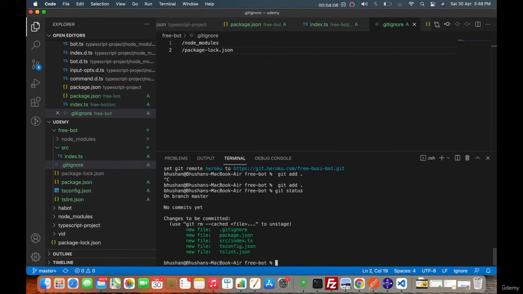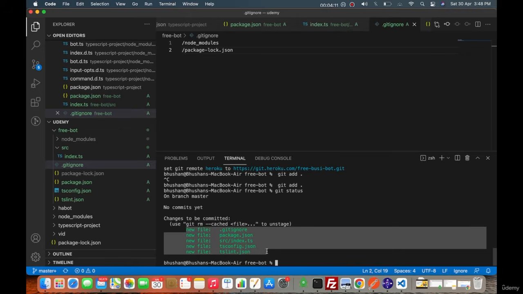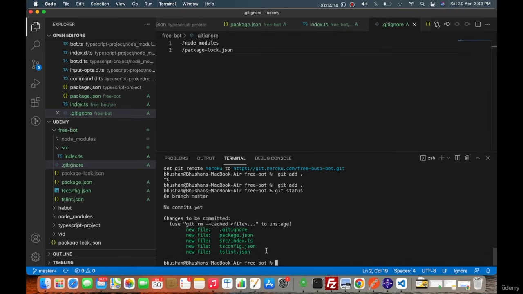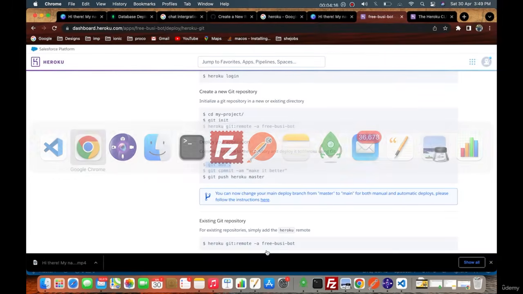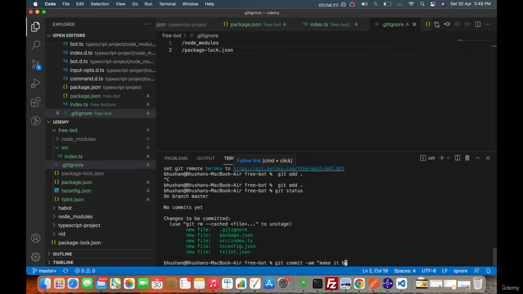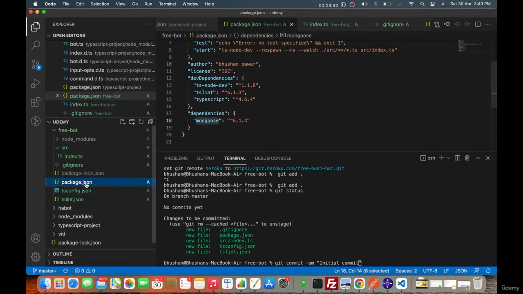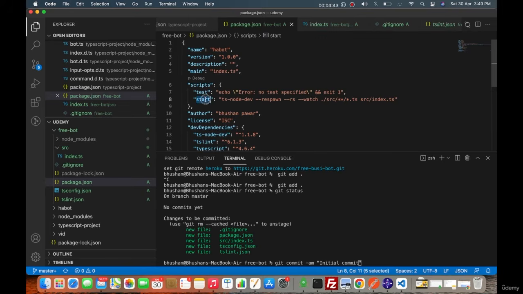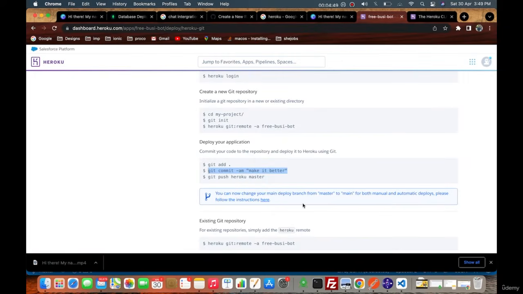If I do git status, it will show these are the new files. We only have a few files right now. Once these are added, let's commit with the message flag -a, or you can even write -a -m, but that is fine. I will write the message as initial commit. Okay, before that, I guess the start command is already there, so hopefully it will begin automatically, and we will push it to